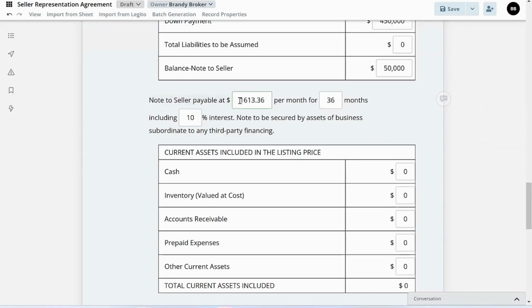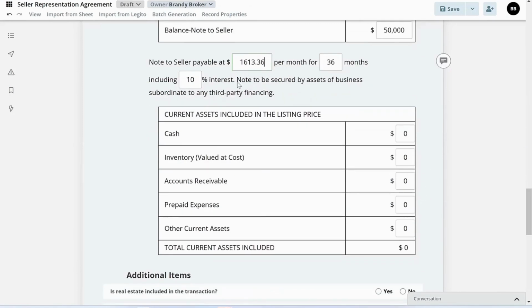Okay, and you can go to bankrate.com or actually just Google loan payment or payment calculator. It'll give you that. Okay, so as we go down, there's no cash involved in the listing price, but there is inventory,